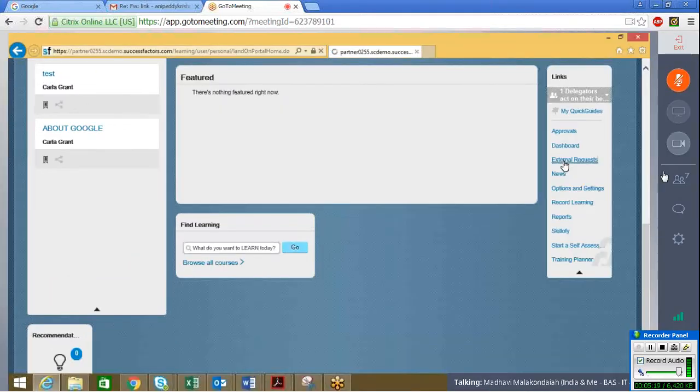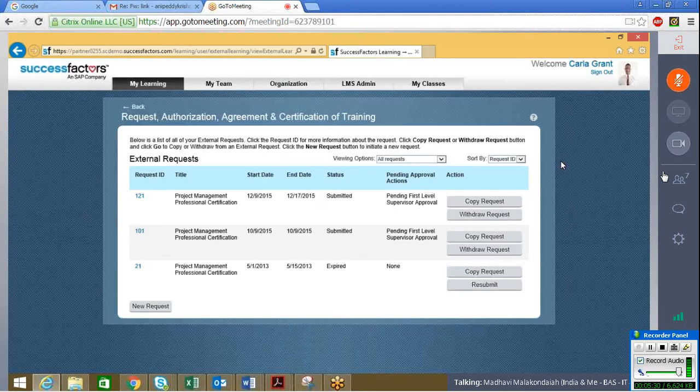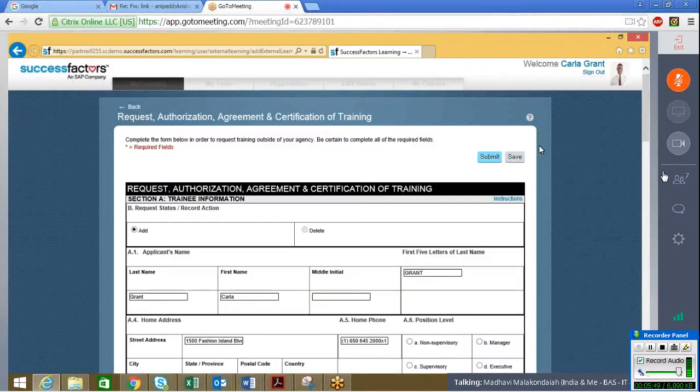So coming to external request, this particular external request, it is a form which employee and manager as well as admin will be able to raise for an external request. Any course that is happening outside the company externally and in which there is a form which has to be filled by an employee, they can go to the links and click on external request, create new request, in which a form will appear, and this particular form will capture section ABC. Section A will be employee details,